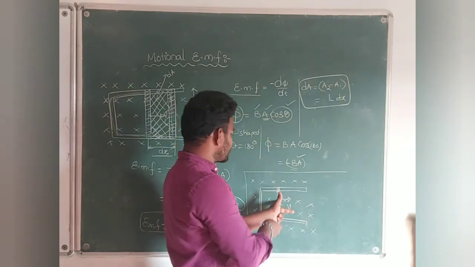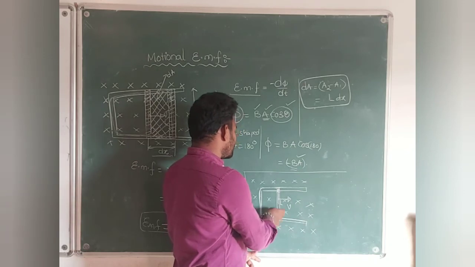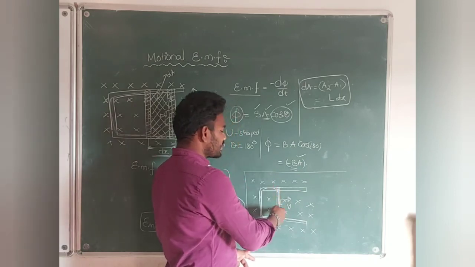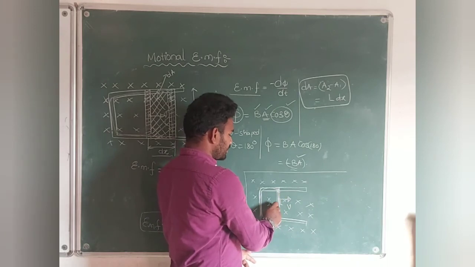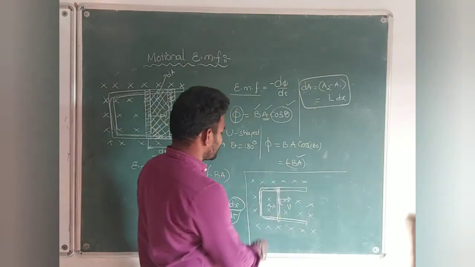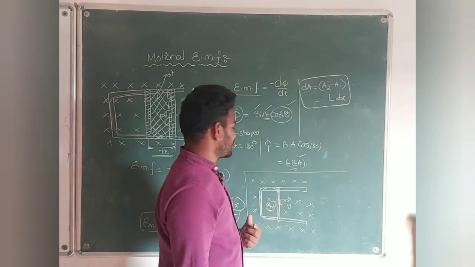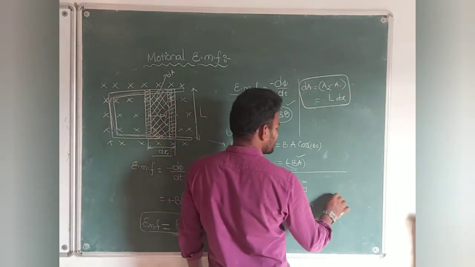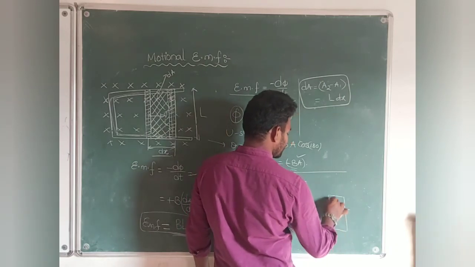Then what happens to this? The current also flows along the length. Is it clockwise or anti-clockwise? Anti-clockwise direction current we will be getting here. Not only current, EMF is also generated like this. So the loop will be like this.